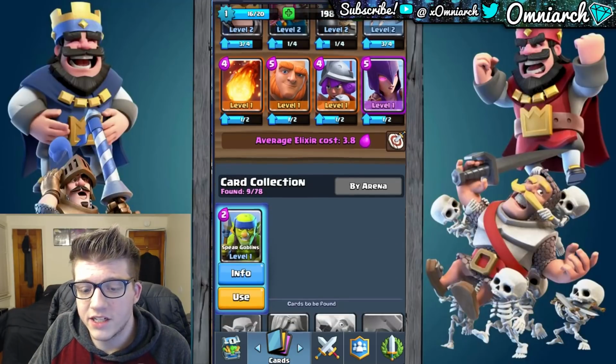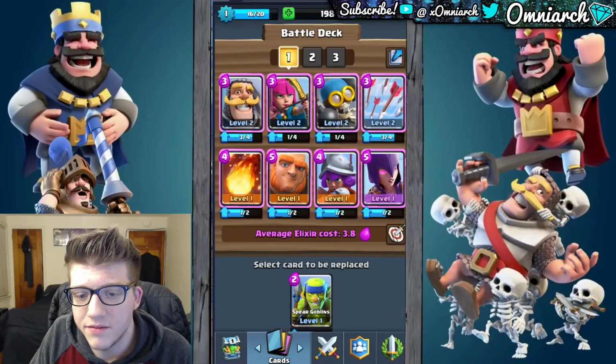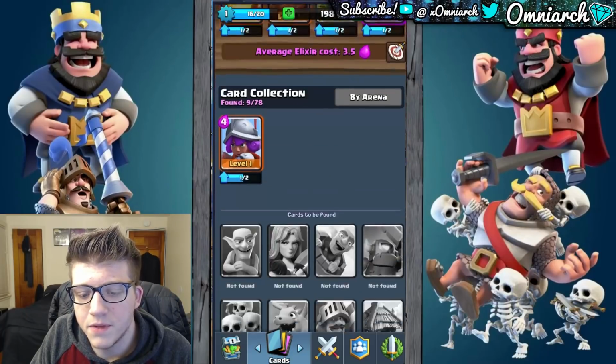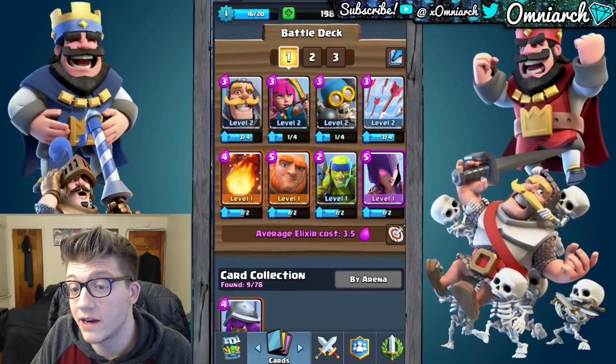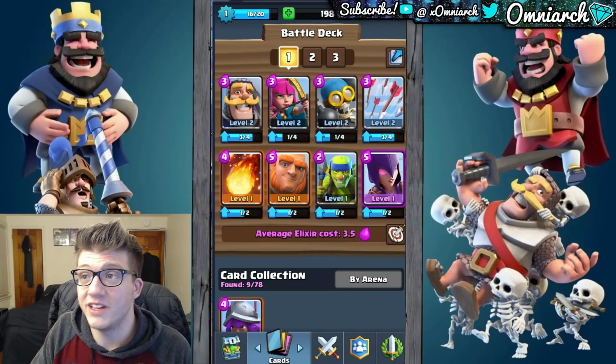And what I'm going to do is I'm actually going to take these Spear Goblins and I'm going to put them in instead of the... I guess I'm going to do it instead of the Musketeer, and that's not to say that the Musketeer is a bad card, because it's a very good card. High level players use the Musketeer even...